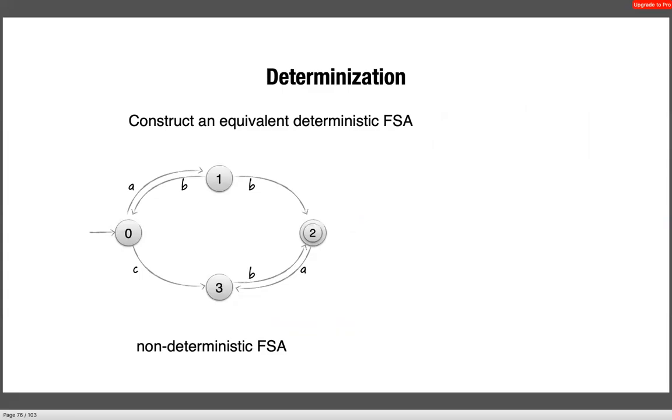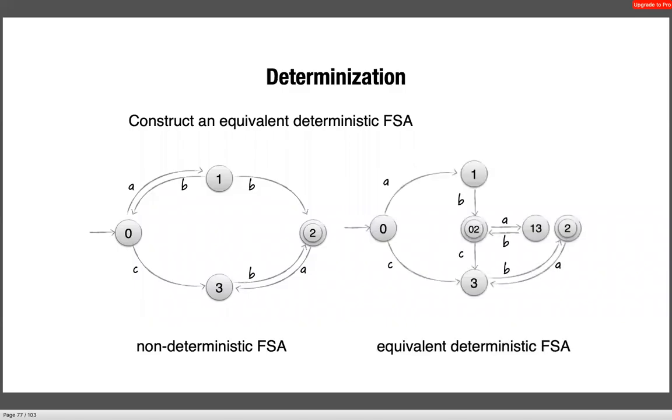Okay, so here's a non-deterministic finite state acceptor, or an NFA. And what you would like to construct is an equivalent deterministic finite state acceptor. For any non-deterministic unweighted finite state machine, you can construct an equivalent deterministic finite state machine using a subset construction algorithm. Okay. So the main idea here is to think about merging together states in your non-deterministic machine by